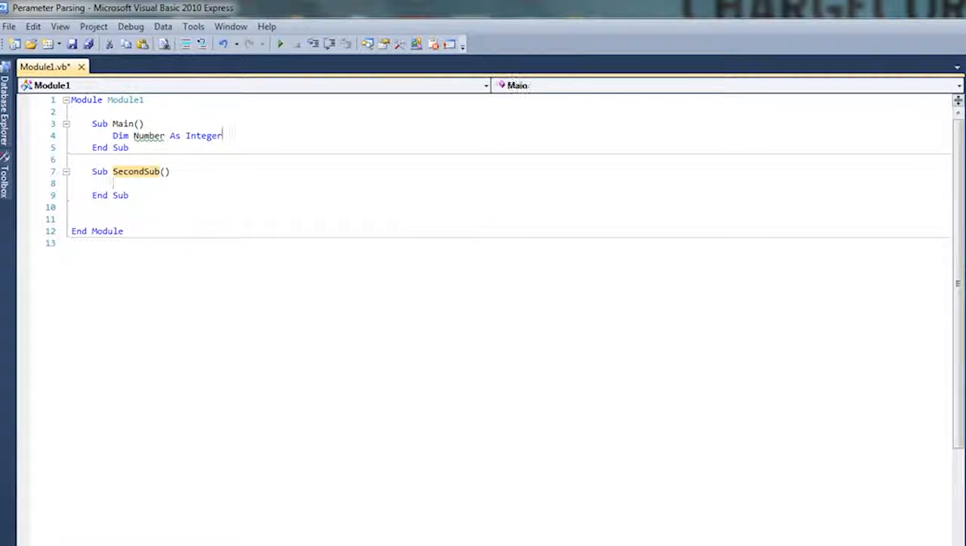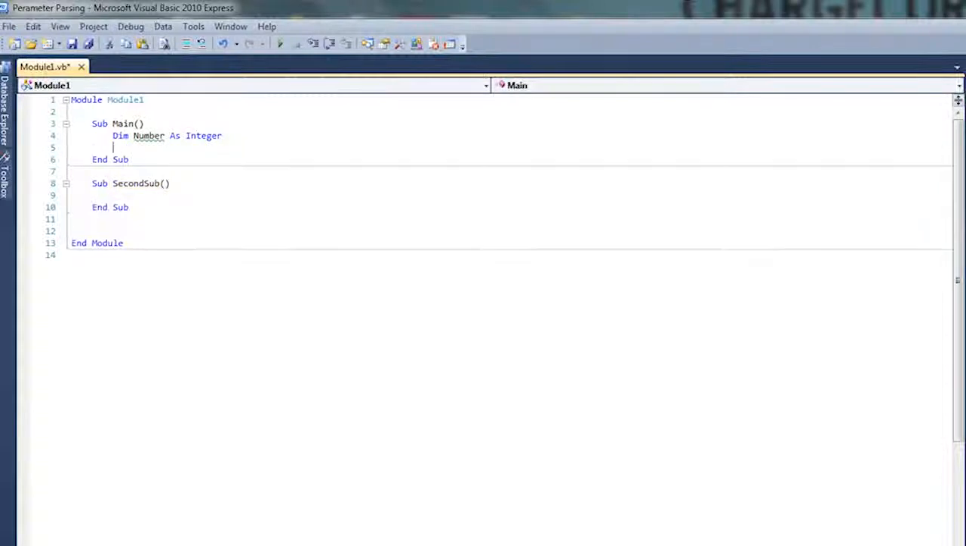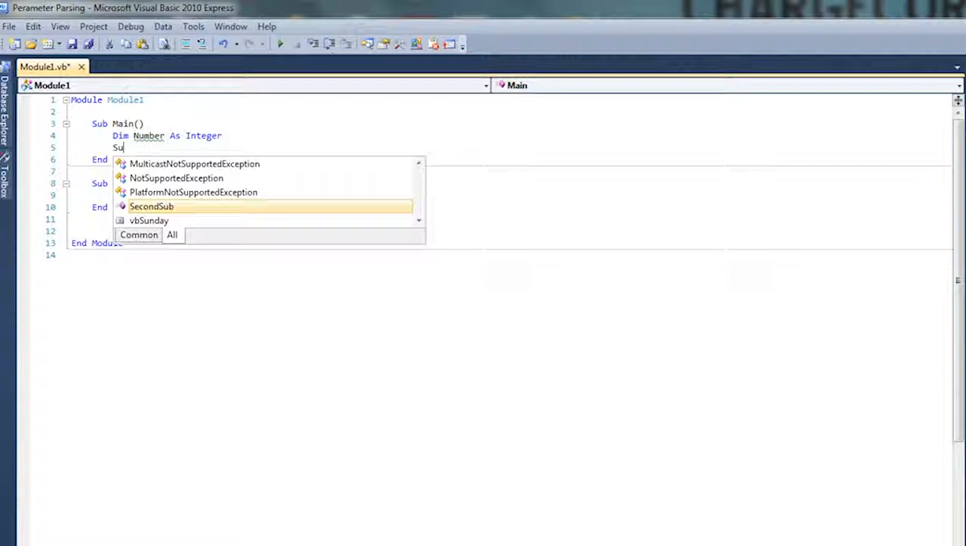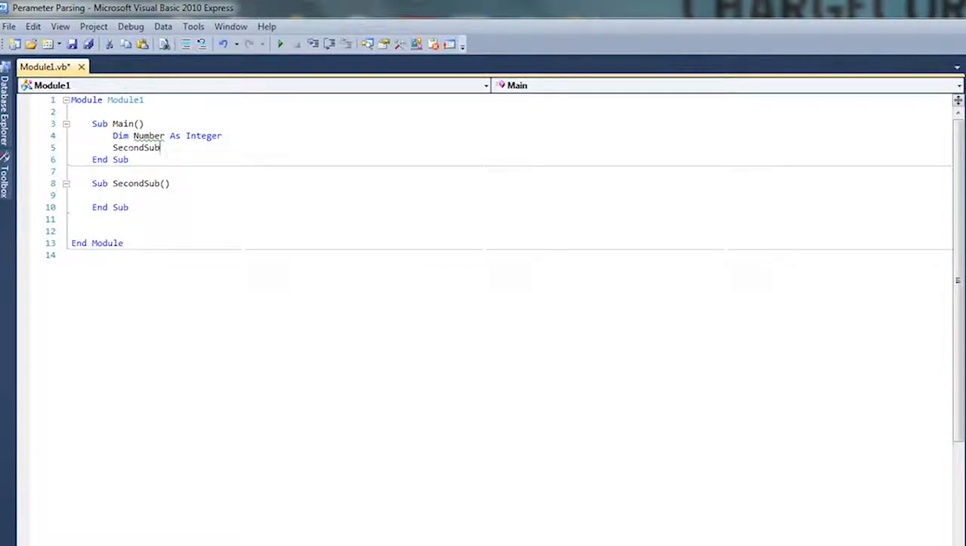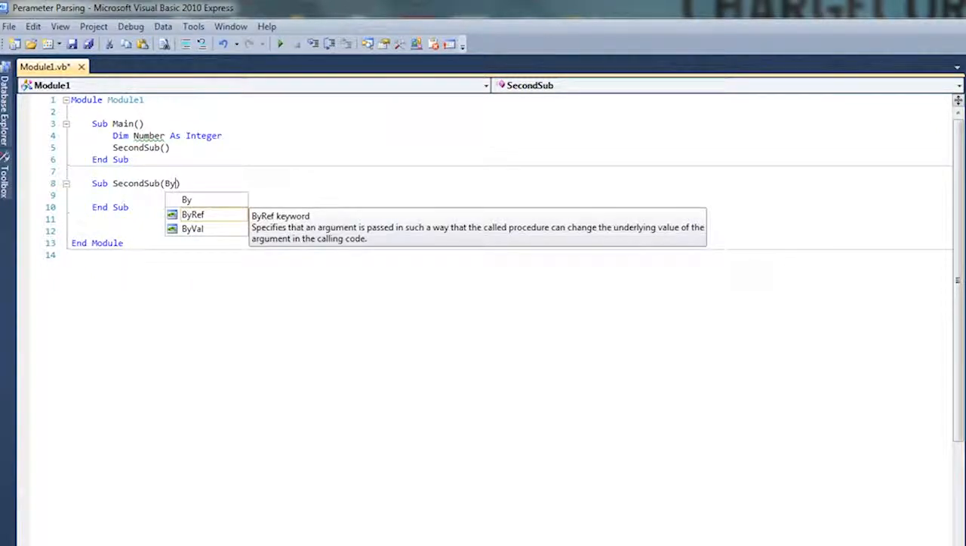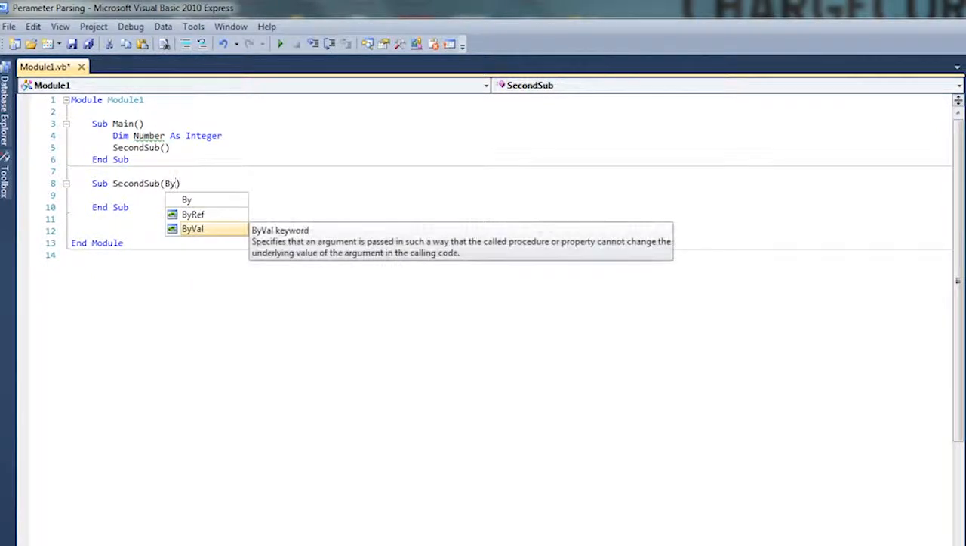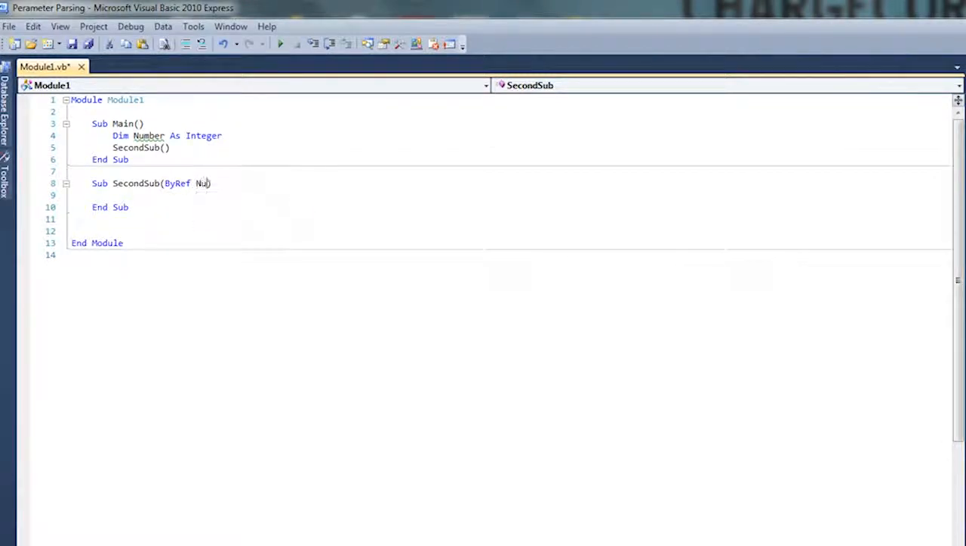Well, the idea is that from somewhere inside your main sub, or from somewhere inside a sub which is called from the main sub, we're going to have to call this sub, the second sub, to use it. So what are these parentheses for? Well, these parentheses actually contain the parameter definitions. I'll say about ByVal and ByRef in a minute, but if we just pass ByRef number as integer and just declare the data type,